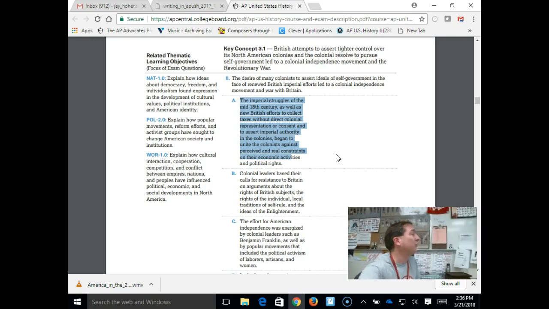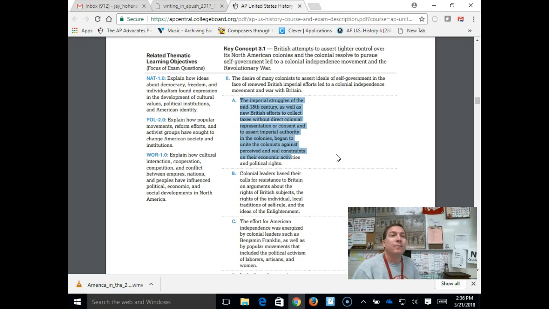Mayflower Compact is much earlier. Okay, so during this time period, Patriots, and what are they specifically called? Sons and Daughters of Liberty, absolutely, are the ones that you'll want to be able to mention. Also the people involved in the committees of correspondence who are sending letters back and forth throughout the colonies.